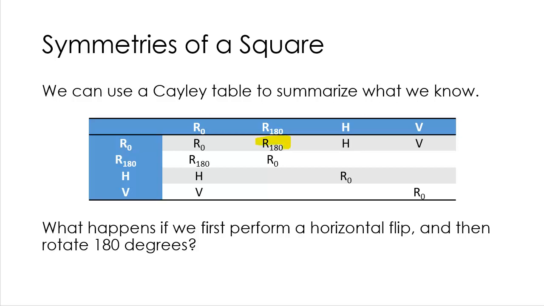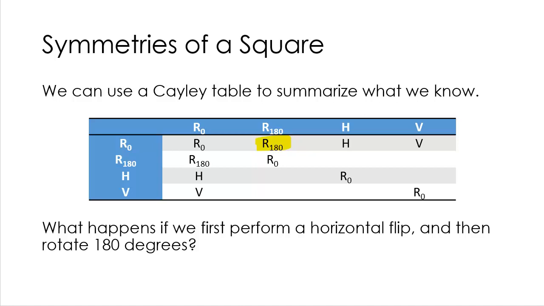This one right here, that space means first we did no rotation at all, then we did a 180 rotation, and the result to the shape was a 180 rotation. You go, well, no, duh, because if we don't do anything at all and then we do this, that's what we're left with. So you can see that's why this first row is all just a repeat of the header